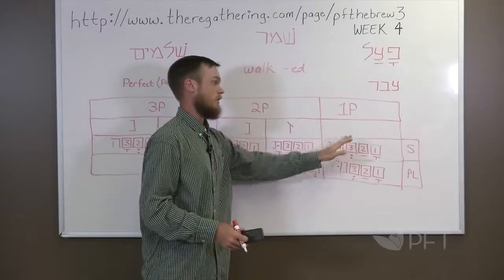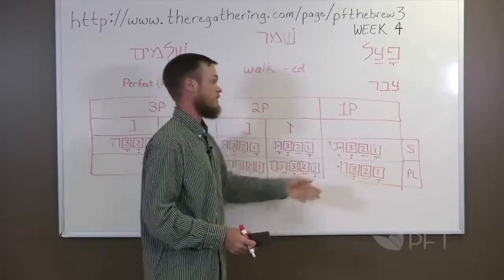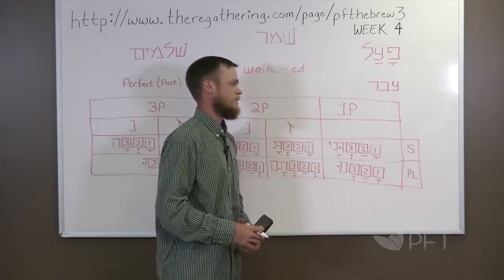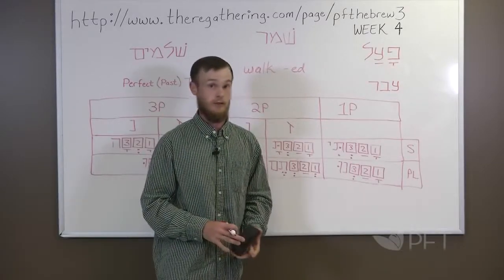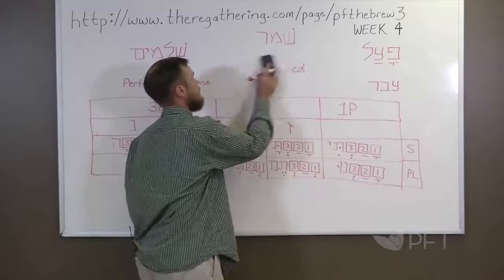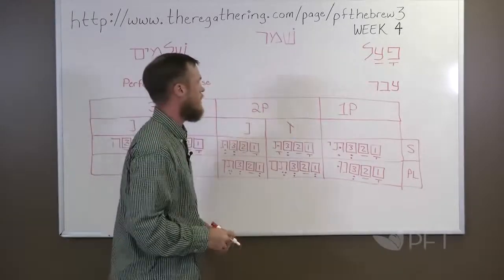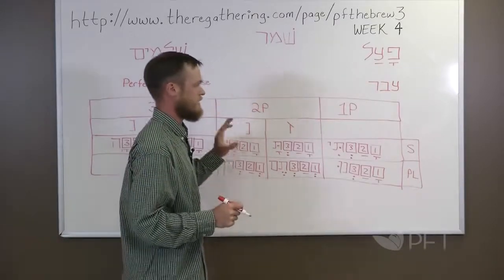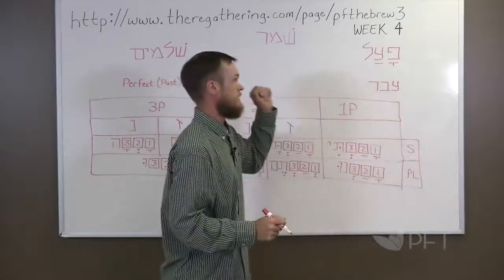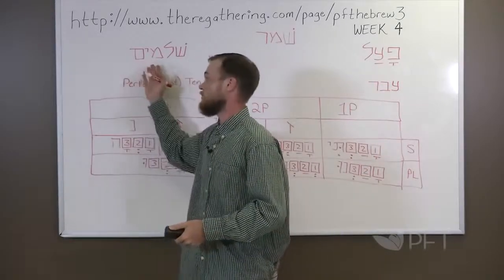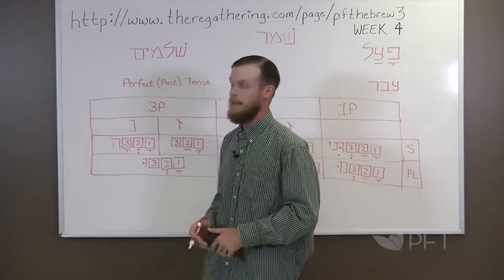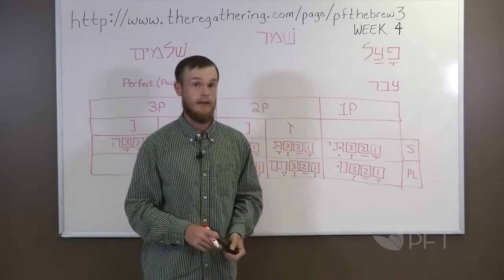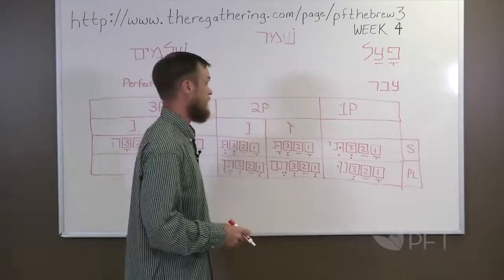Just like the suffixes on these paradigms here make them particularities of the past tense. So if you find a word that ends in T, you can be pretty sure it's a first person singular past tense verb. Like I say, you're going to encounter many charts that look just like this. I encourage you to memorize this chart. This is the simple binyan, the simple gizra, and the endings on these verbs closely match the endings on the pronouns that go along with them. So this is a great one to memorize,